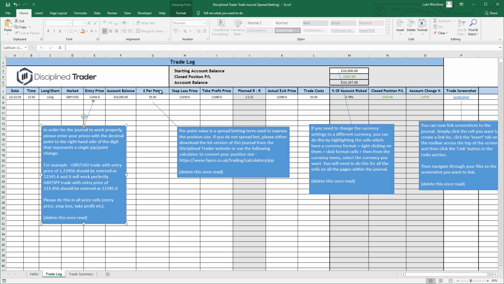Pound per point is obviously your position size when spread betting. This is one of the questions I got asked quite a lot. What is pound per point? What is spread betting? It's the type of account you are trading. This is why we're using a spread betting journal specific to this. If you don't know the differences between those, please go away and find out first before you choose which journal you need to use. But essentially, you just write your position size in this cell,